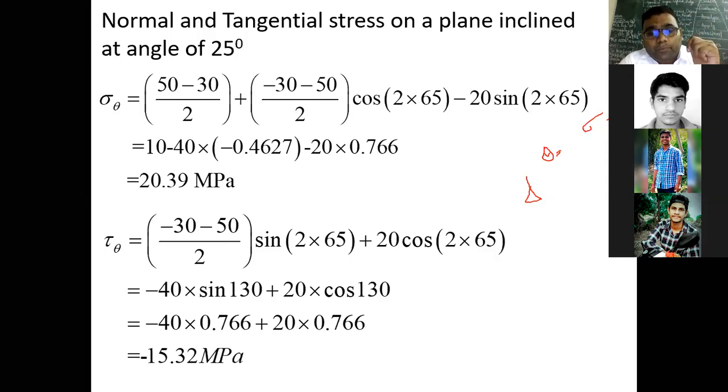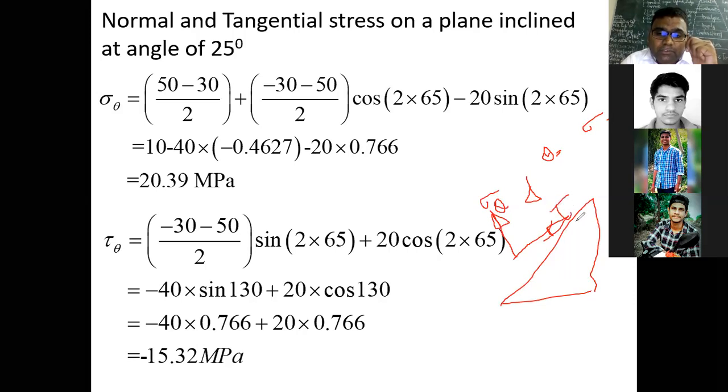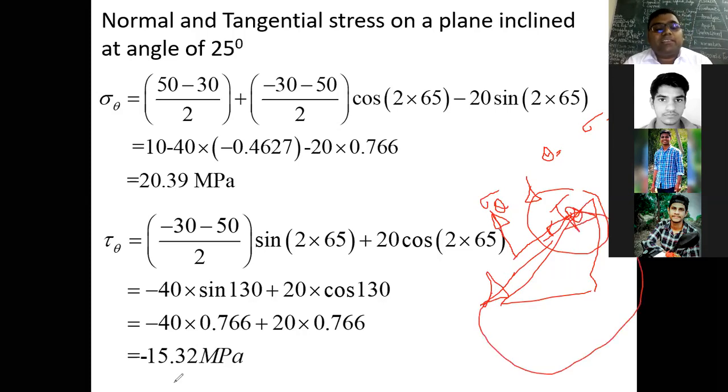Inclined plane means the one you took, this inclined plane here. Initially, you will remember the diagram, you took it in this direction. This becomes sigma theta, and this becomes tau theta. Then minus means the direction of tau is not upward, it is like this. This is called clockwise, and downward this is called anti-clockwise. So the shear stress tau you obtain is anti-clockwise.